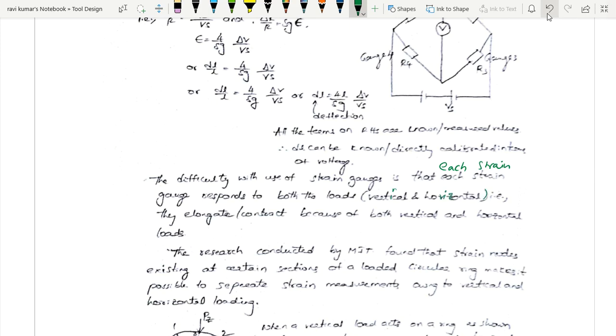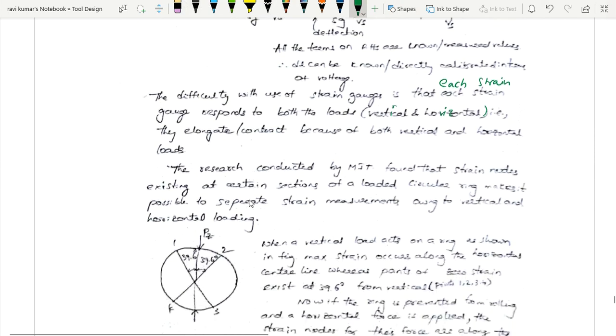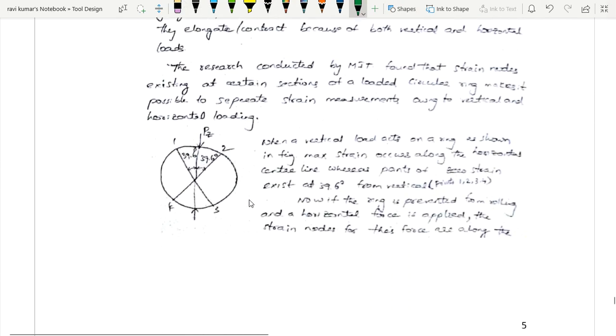So now the question comes, how to separate these two forces? These scientists at MIT have discovered that it is possible to separate these forces by having strain gauges placed at some locations. So they performed experiments on